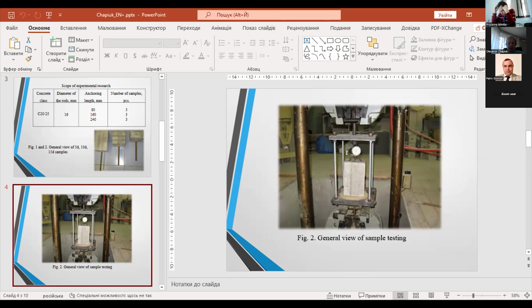The test results demonstrated homogeneity of the concrete in the twin samples. For the sample with an anchoring length of 80 millimeters, fracture occurred at an average stress of 135.1 megapascal. In the sample with a length of 160 millimeters, a slip value of